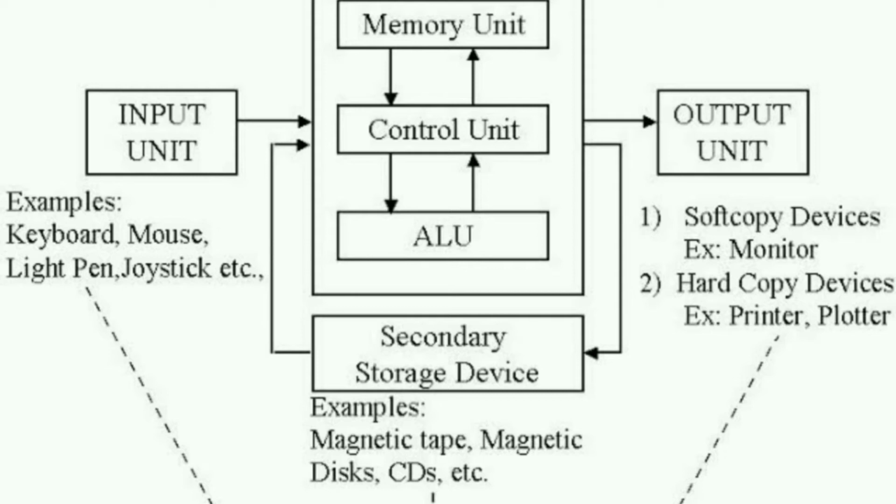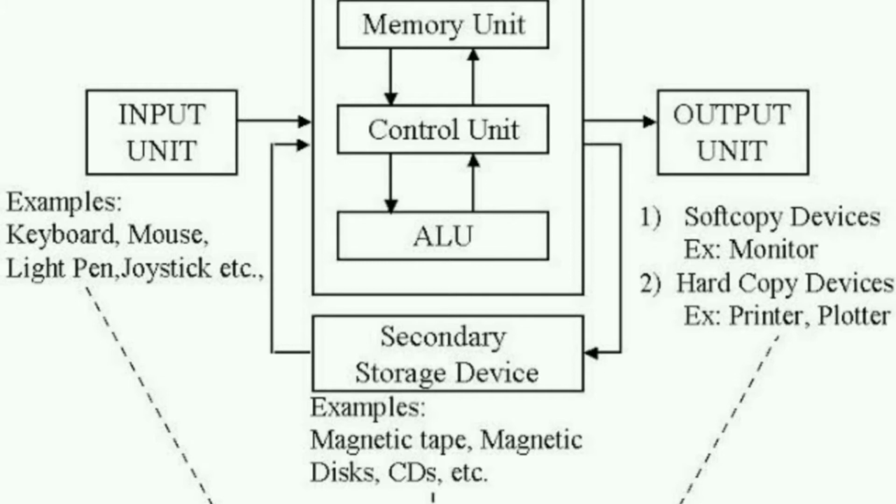And for processing, we have a central processing unit which is called the CPU. And the CPU is also known as the brain of the computer, because whatever process takes place is taking place only with the help of the central processing unit. And in the central processing unit, we have three different units called ALU, arithmetical logical unit, MU, which is memory unit, and CU, which is control unit.